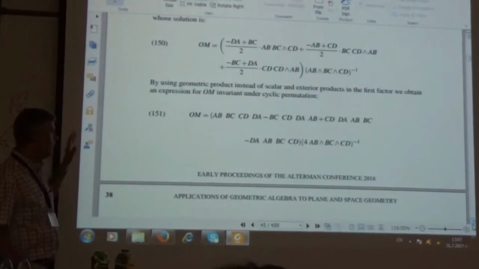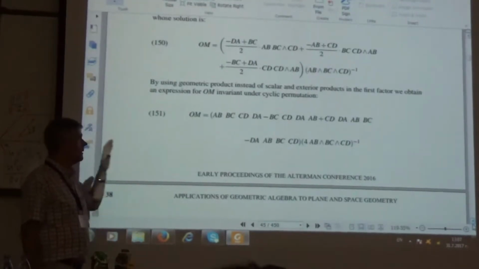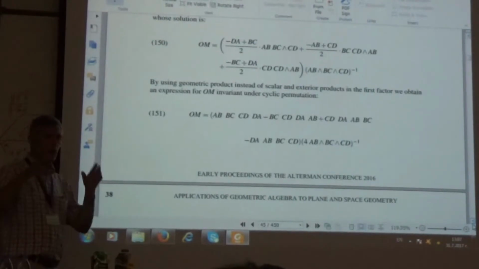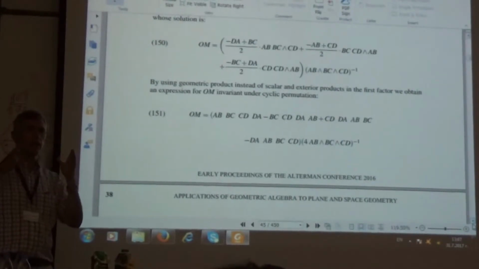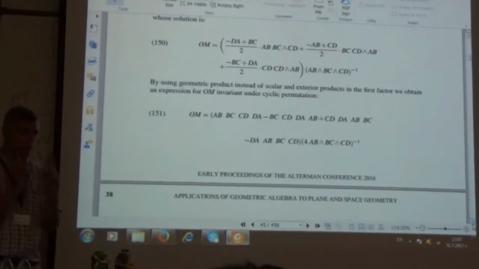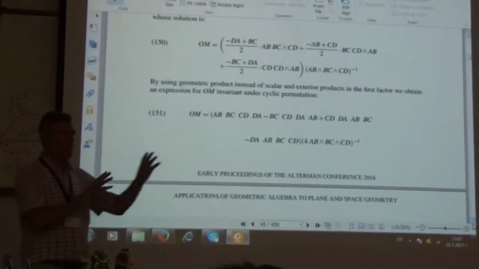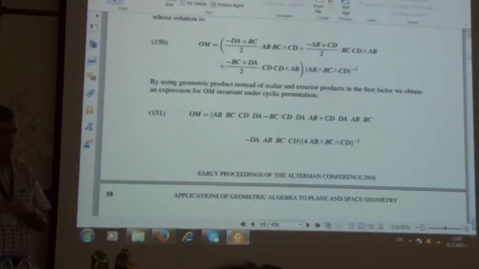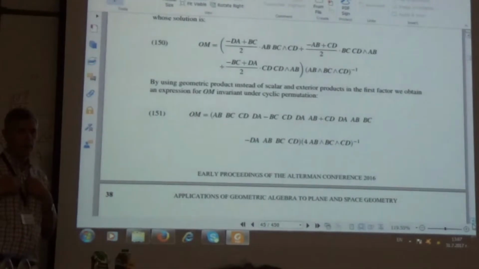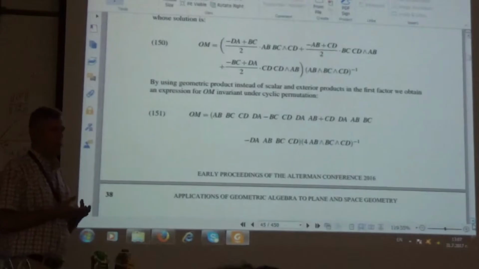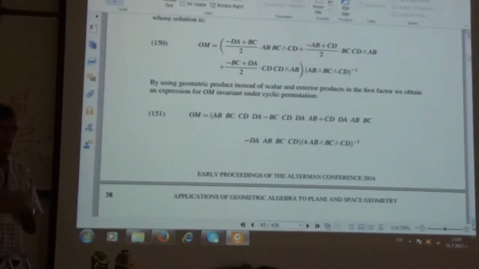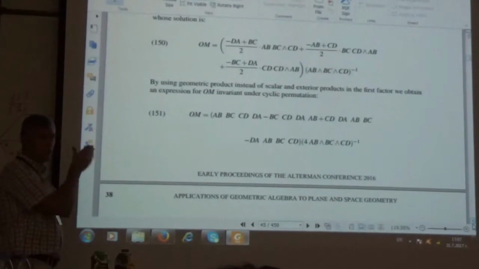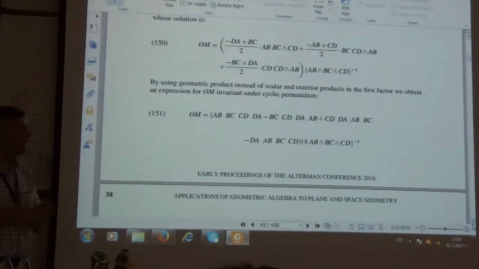Well, many things can be done with Clifford algebra, but the idea is always we can find quantitative results. This is very important. And this has been forgotten in geometry because synthetic geometry is the geometry of qualitative facts, but not of quantitative facts. People usually criticize me because I want quantitative facts, not only qualitative. So, Clifford algebra is the suitable algebra for this.